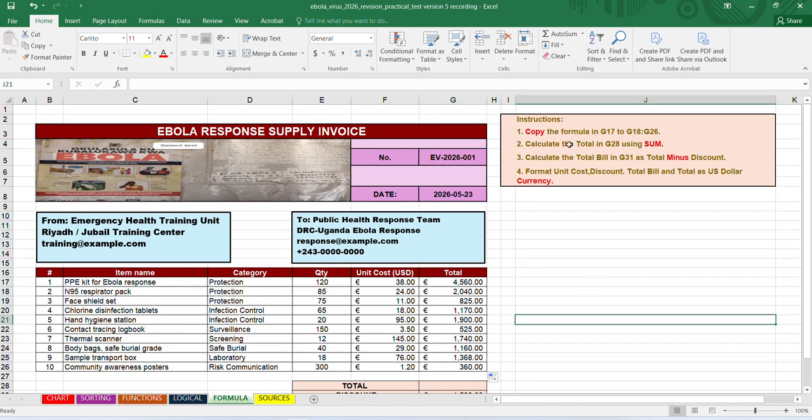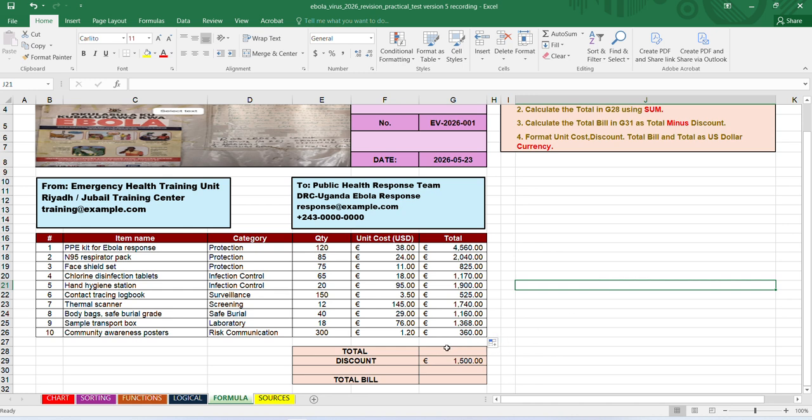So task number 2, or instruction number 2: calculate the total in G28 using sum. So where is G28? This is G28. Meaning, you're going to get the total of this using the sum function and then put the answer here.